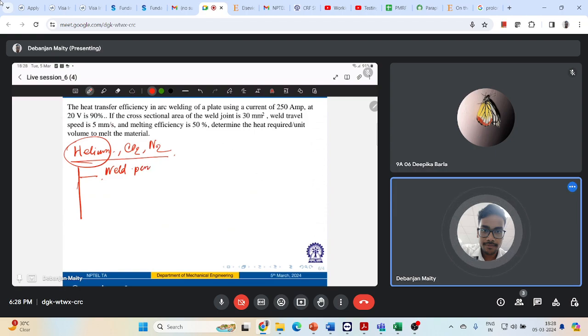So my weld penetration will be higher over here, and globular transfer will be produced. You can come up with some spray transfer; spray transfer can be obtained